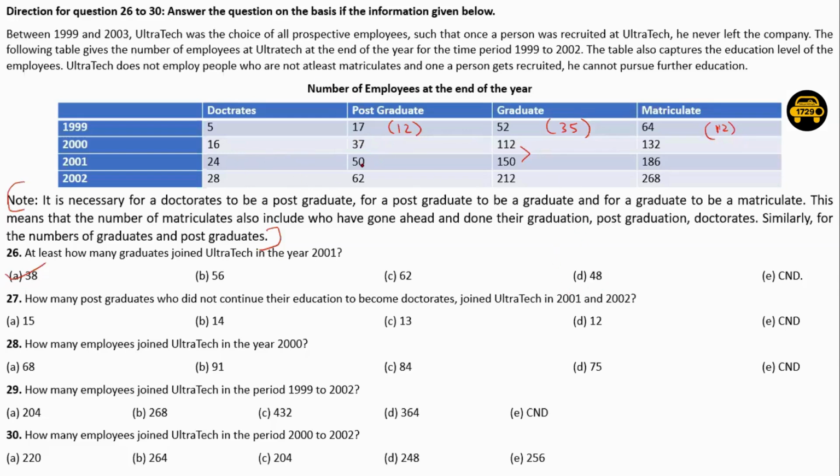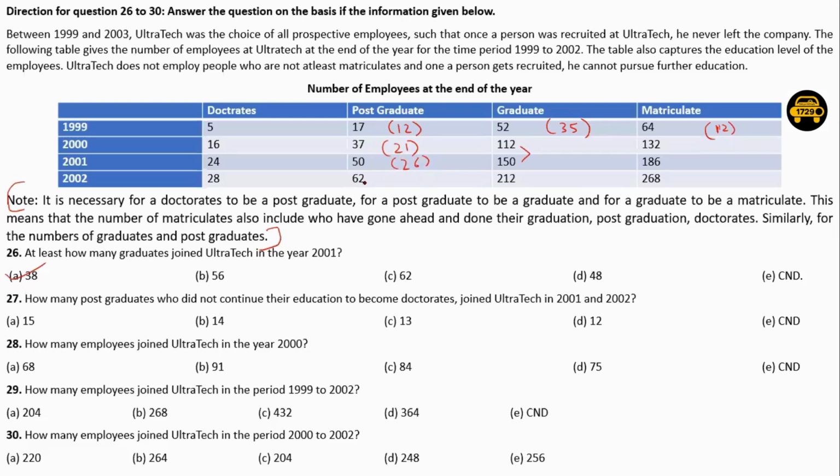Okay, so we have here 50 postgraduates in 2001, 37 postgraduates in 2000. Out of these 37 postgraduates, 16 became doctorates, right? So we have only 21 postgraduates, or just postgraduates. And in this case, we have 50 postgraduates, out of which 24 became doctorates. So just postgraduates will be 26,